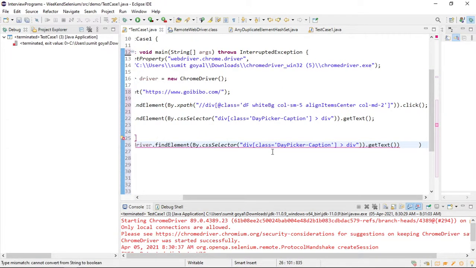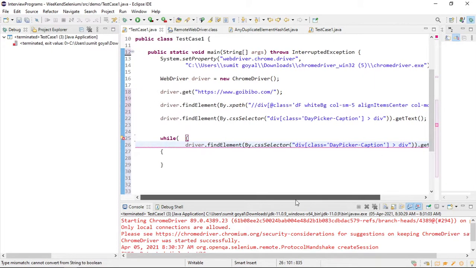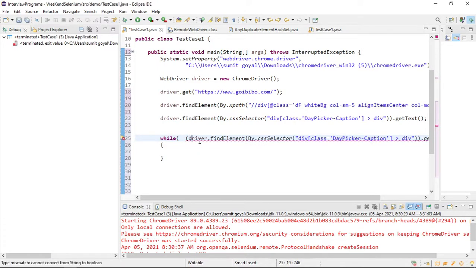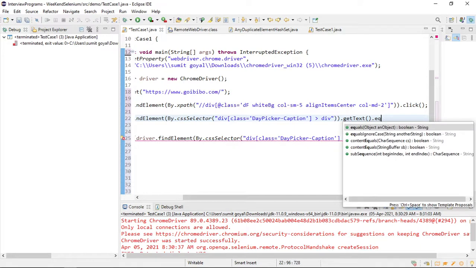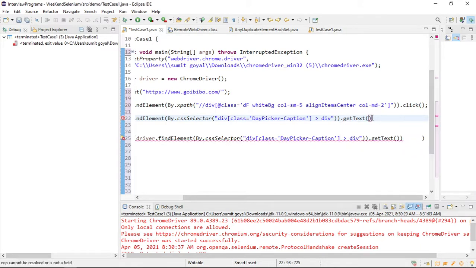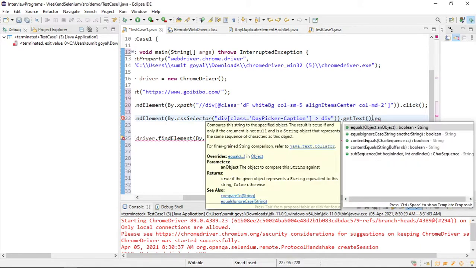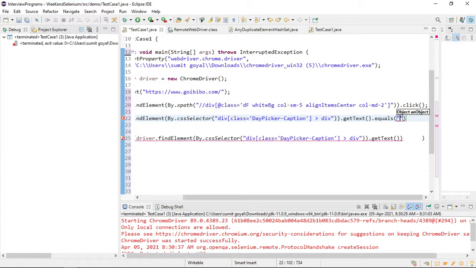Now once you get this, driver dot find element. So basically after get text as well, I can write one more, whether the text we are getting is equals to, like I can say, March 2023.